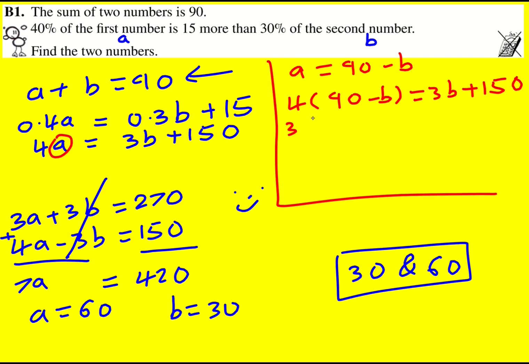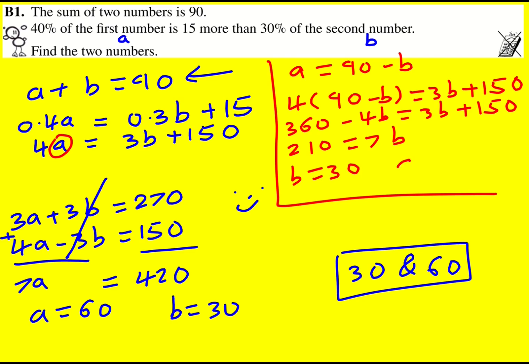Okay, multiply out the bracket: 360 minus 4B is equal to 3B plus 150. I'm going to minus the 150 and add the 4B. That's going to give, what is it, 210 is equal to 7B, and therefore B is 30. And from that, we would then get A is 60. So I could have substituted in instead for B equaling 90 minus A, I would get the same answer, just